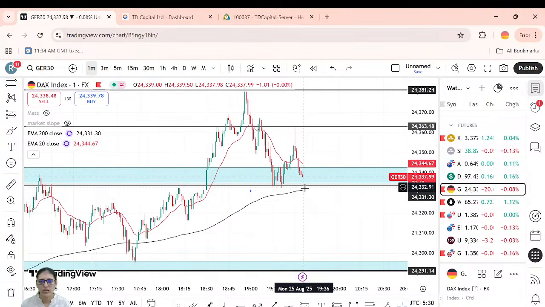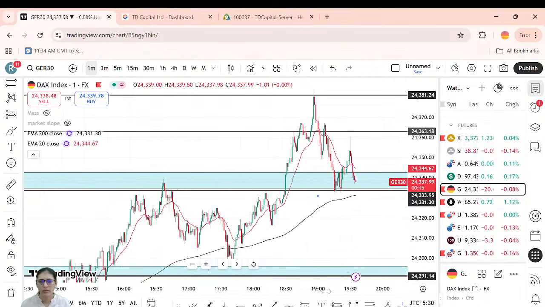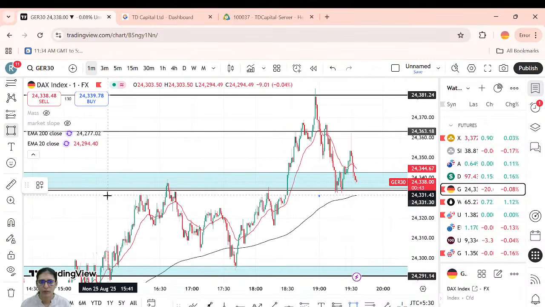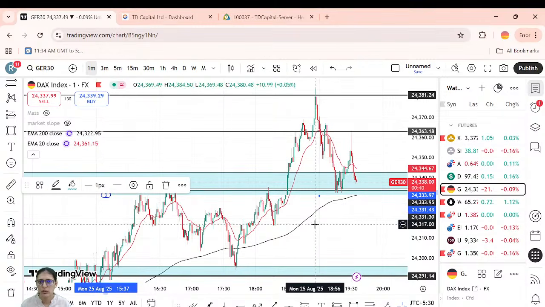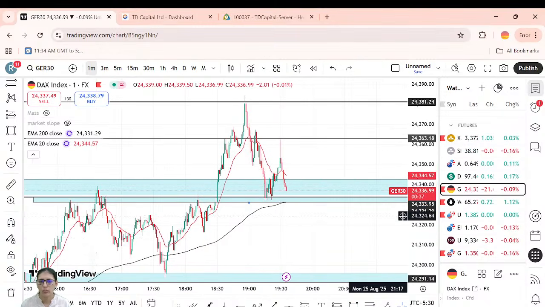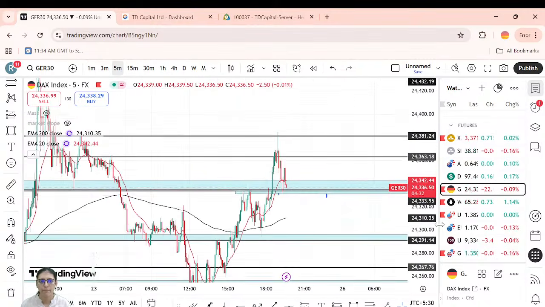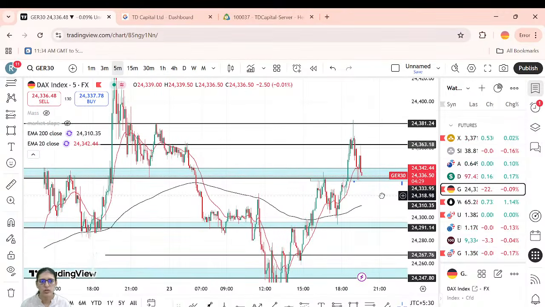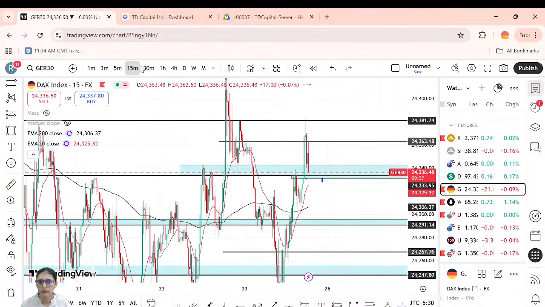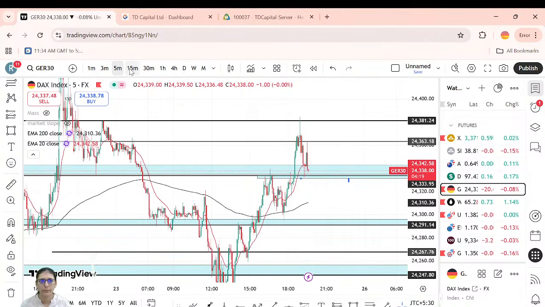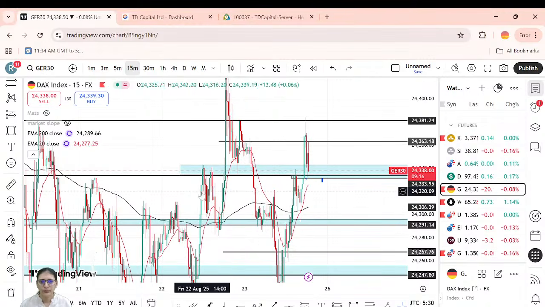And if it again comes to this level, or let me mark the zone, if we get the market again at the zone, right? So again we could expect a bullish move, but this time it's not that safe, because a move has already come from here, so it might just come down to this level as well. At least till here.